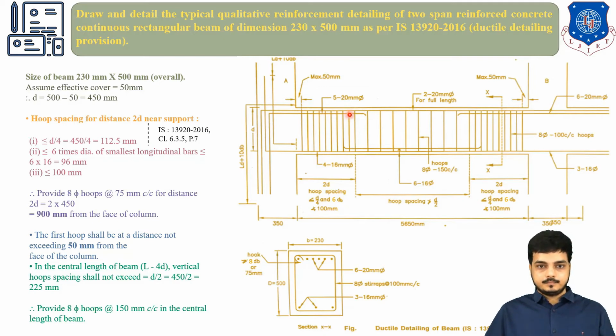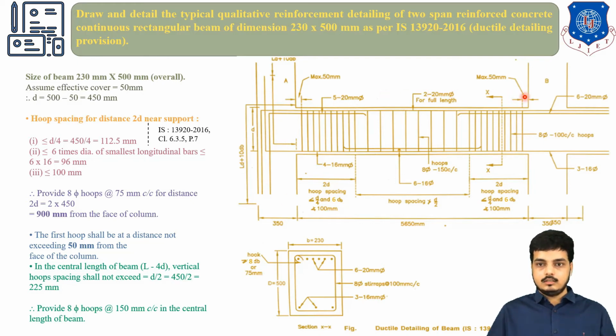Now look here at the top, which we are running 2-20 through and through, an extra 3 bar is also provided, so it is coming out to be 5-20 mm diameter bar, which is over here. So look, this is my cross section, in which over the top they have put 6-20 mm diameter. You can assume whatever number or diameter of bar you need to provide at top and bottom. We just need to satisfy this stirrups criteria. We are just focusing on stirrups only right now.